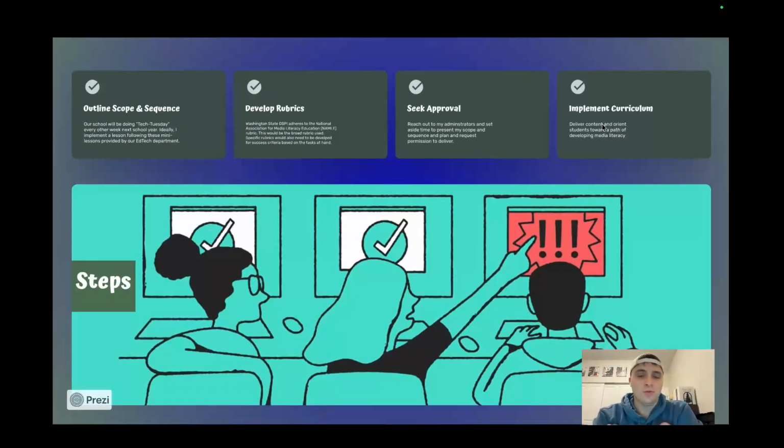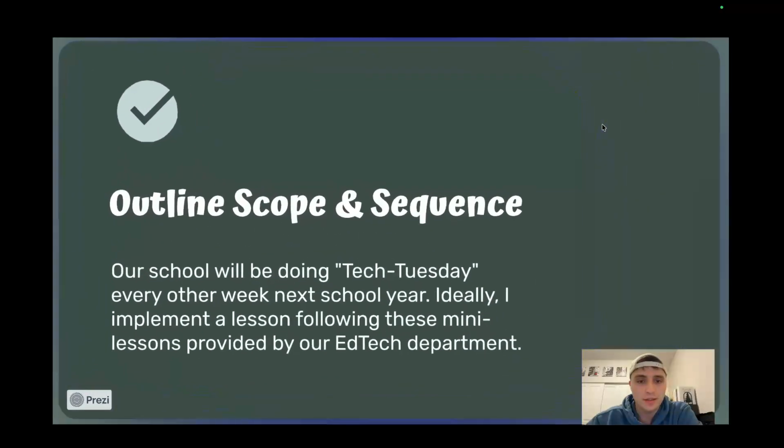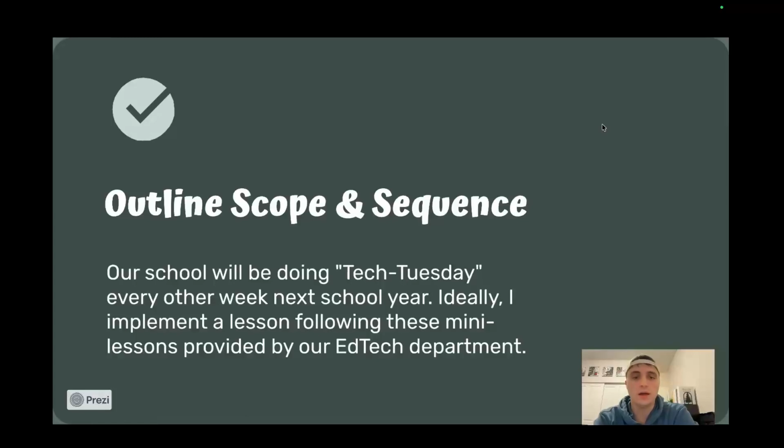If I were to go about implementing this plan of action, there are a series of steps that I would need to follow. I've got it condensed down to 4, but I will be diving into those steps a little bit more with each slide that we look at. The first step, first and foremost, is creating a scope and sequence. I've come up with a lot of ideas for what this might look like in practice, but the one that stood out to me